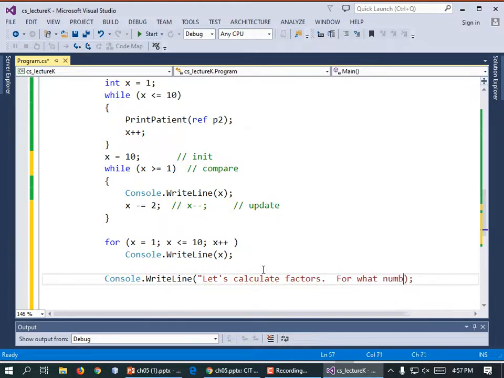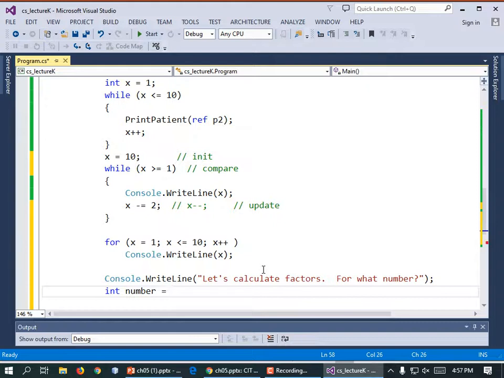For what number?"; Now for calculating factors, it may as well be an int because I don't know if you can get the factors of 12.7. So int number